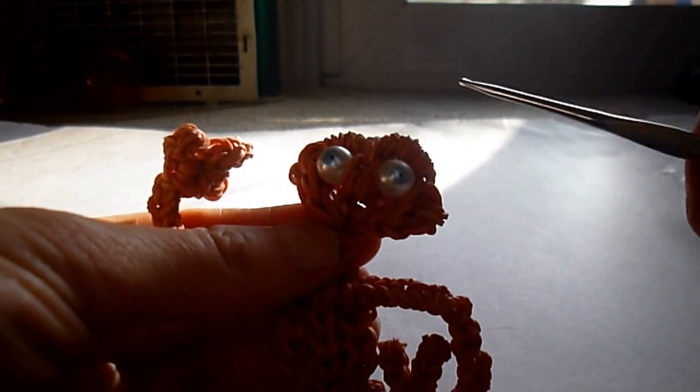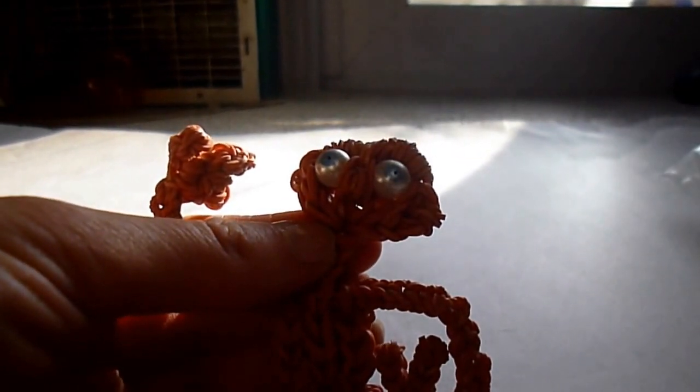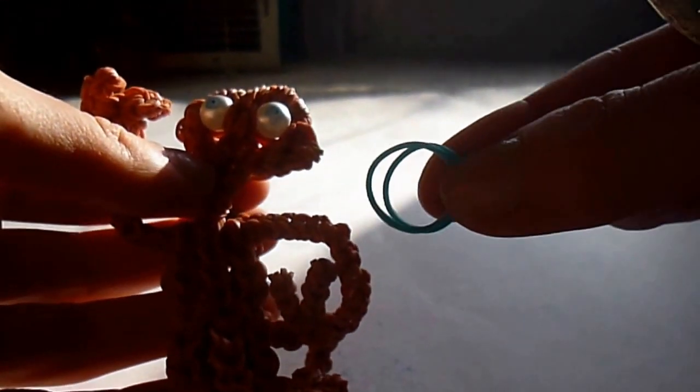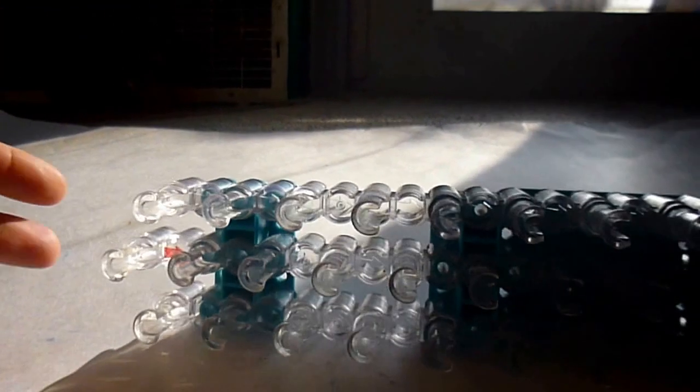Okay, so for this pattern, for the eyes you can use beads or bands. If you're using beads, you might want a thin wire to thread them on with, or a thread. And you might want some Sharpies or permanent markers to draw your pupils in. I'm going to use a couple of bands in my tutorial here, and I'll show you how to do it with those. You're going to need a couple of hooks, your loom in the offset configuration,